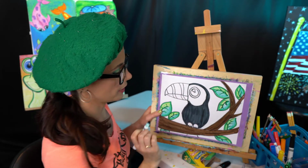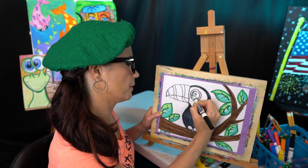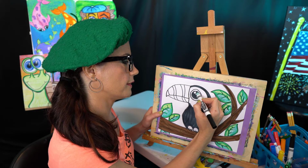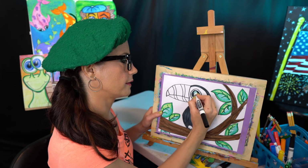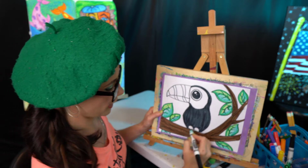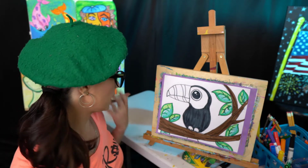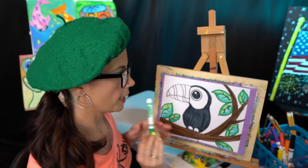There we go. Okay. Then we might even want to color in the pupil. And since it's smaller, I'll just use the tip and kind of make big ovals. Get that all filled in. There we go. Nice. Okay. Oh, right here between the feet. Now you could do the feet yellow, you could do them orange, you could do them gray. I mean, whatever you want to do. Whatever floats your boat. If you want to wait a minute, that's fine too. Maybe,